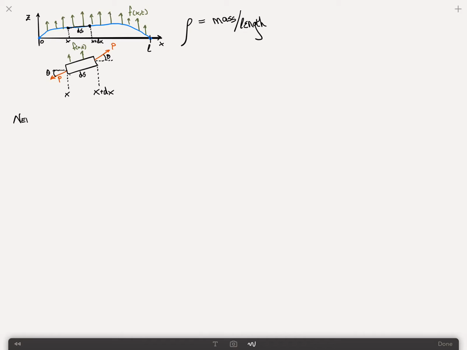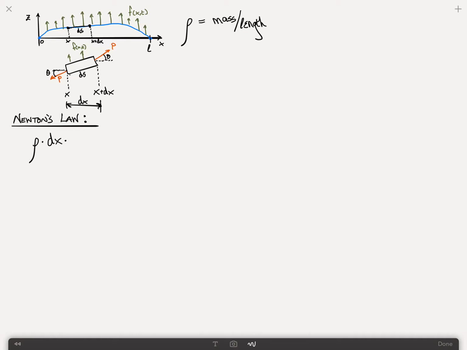So let me write that out, Newton's law, which is just to say F equals ma. So let's look at the ma first of all. The mass per unit length is rho. So the mass of this differential element is rho times dx. Remember that this length here is dx. All right, so rho times dx